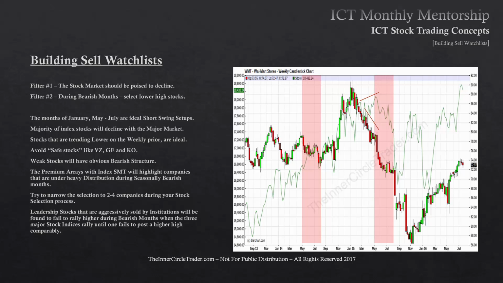You're looking at a specific time of year and a condition based on institutional order flow. You're looking for institutional order flow on the weekly chart to be either bearish or bullish, and you're lining that up with the seasonal tendencies as we described it in both the building buy watch lists and building sell watch list tutorial. Until we get to our end of our content for this month, we're going to talk a little bit more about